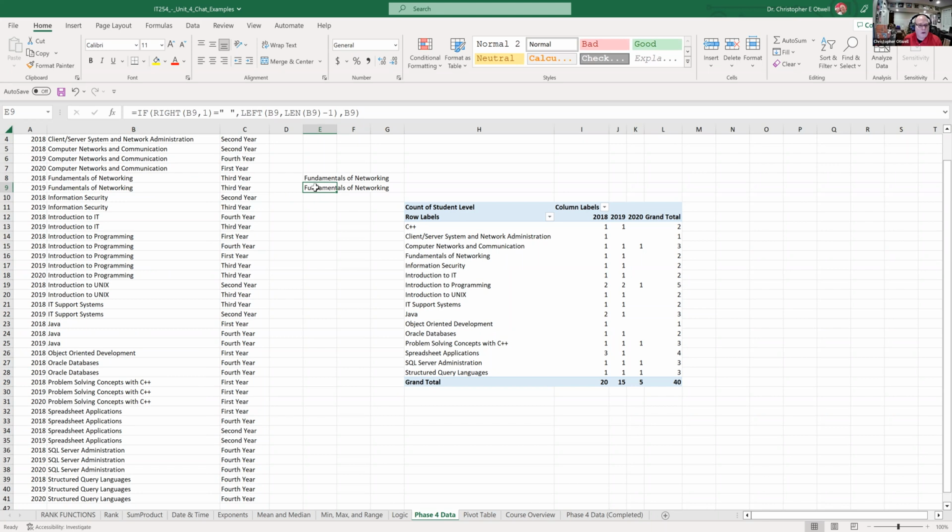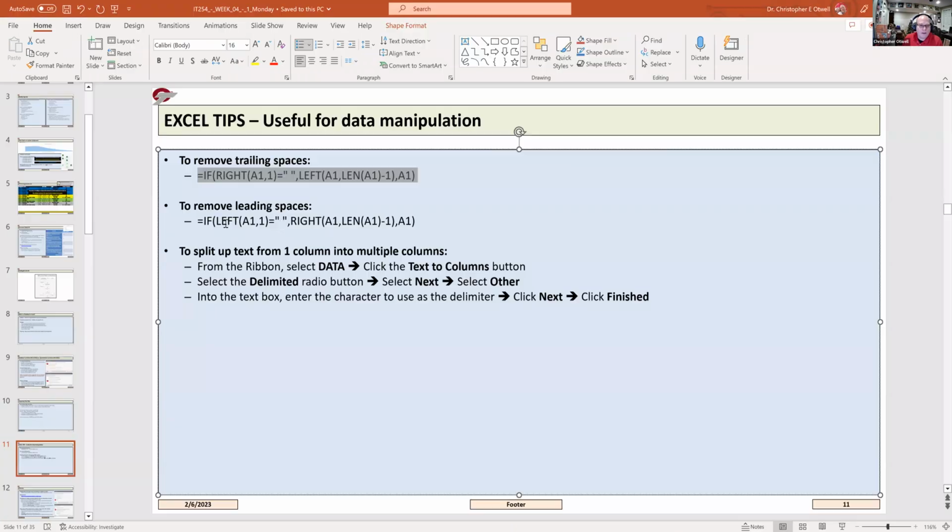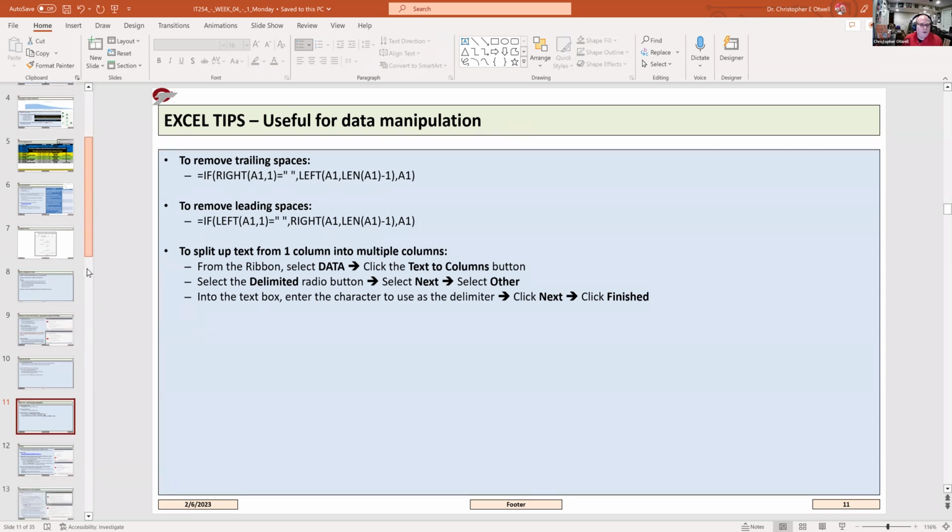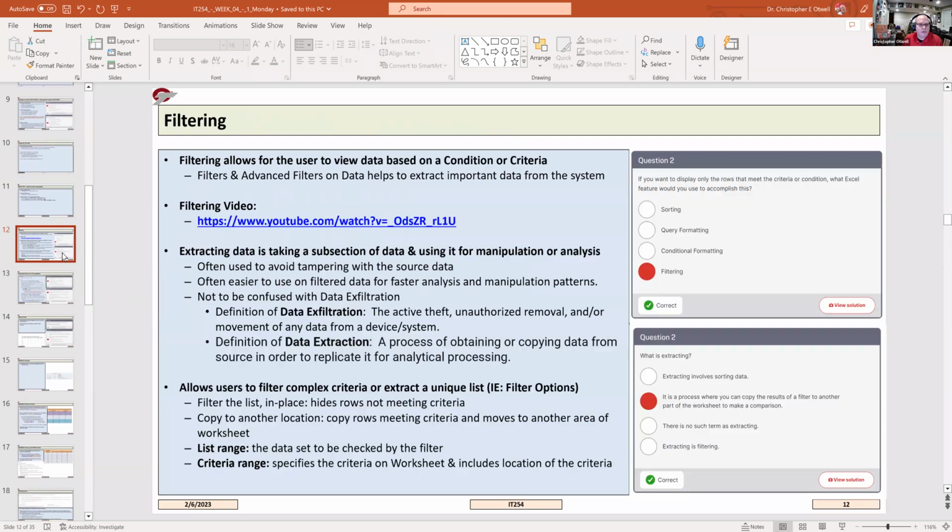Oh, that's because I have so many extra spaces. Let's just do it with one. All right, so one space. Yep, there you go. So anyways, that's how you can do it. You can do the same thing with leading spaces with this other line. You just have to manipulate it once, but it allows you to get rid of them. That way, you can better use your other tools, such as delimiters, to set up your pivot tables. You can do advanced filtering in